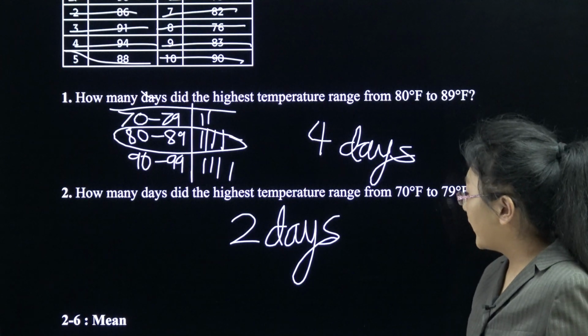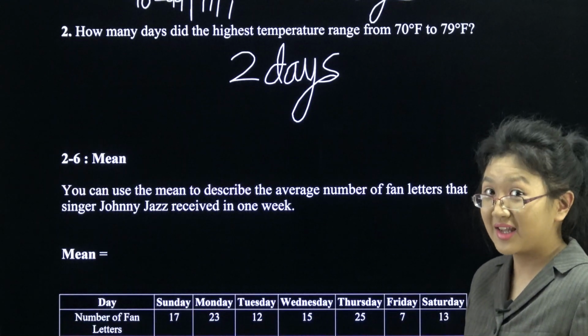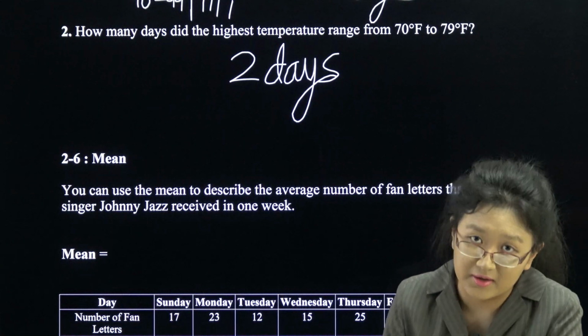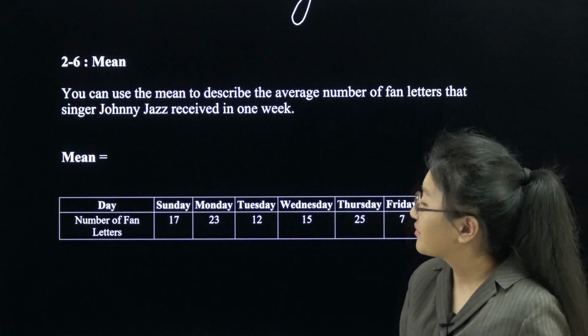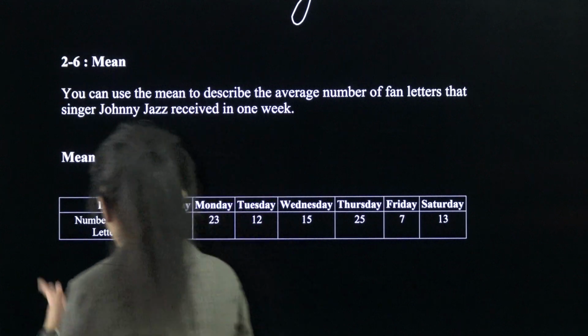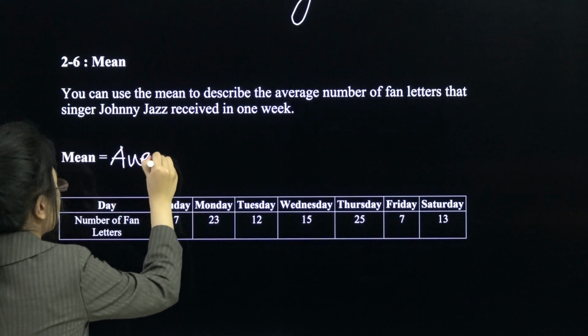Now, we're moving on to section 6, mean. Mean number is actually a thing. But it's not a number that is mean and not nice to you. It's another fancy word for average. If you don't know what an average is, I'm going to tell you right now because it's the same as mean. Mean equals average